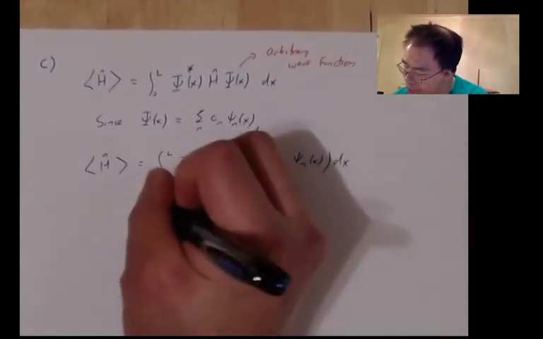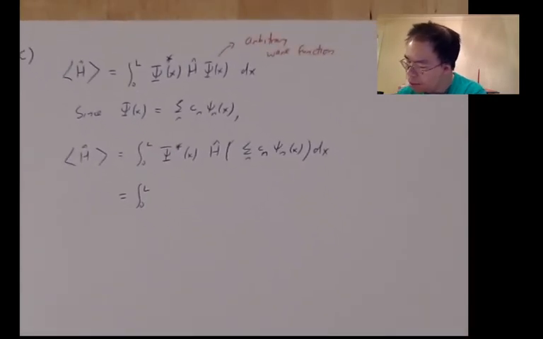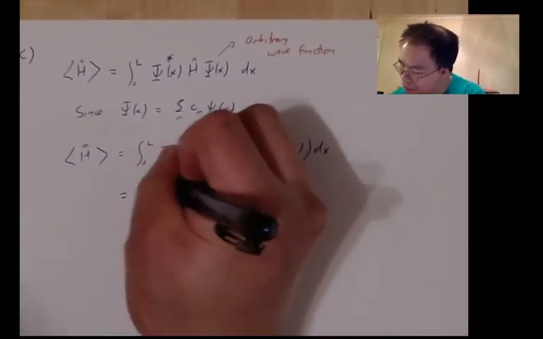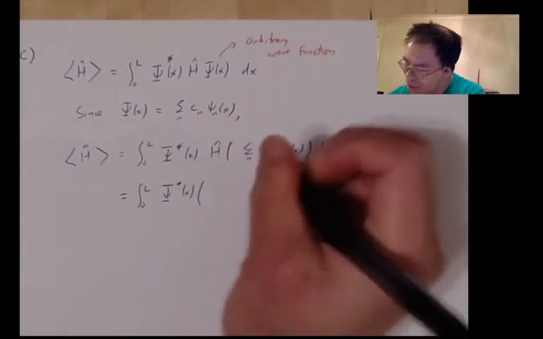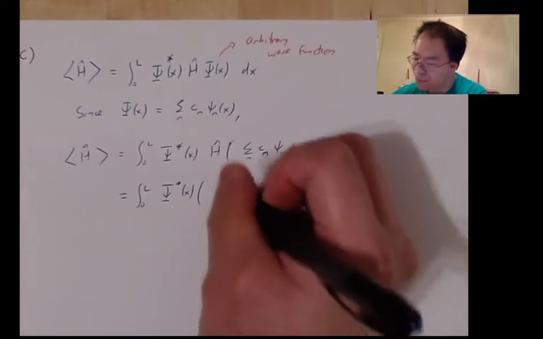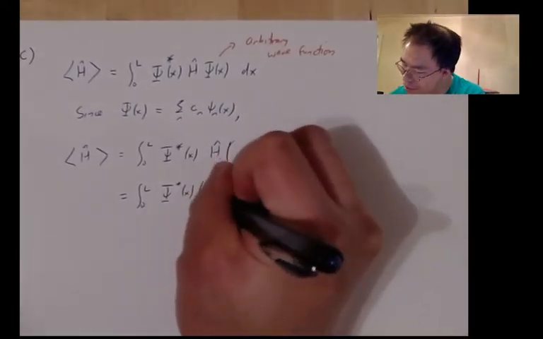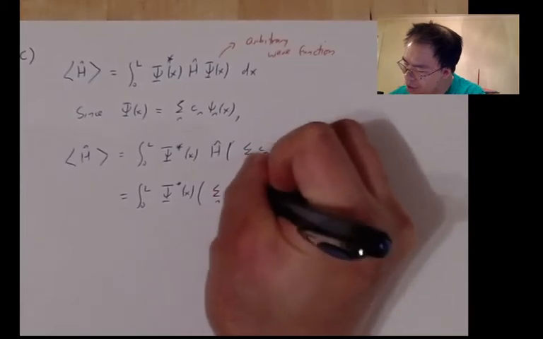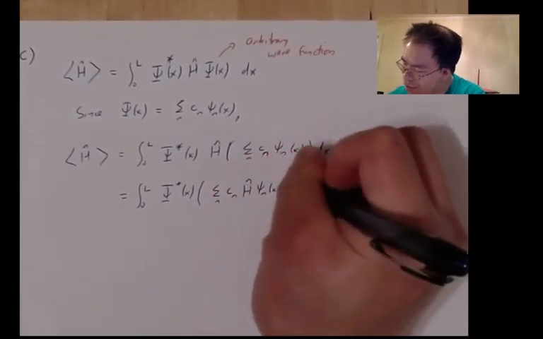So bringing in the Hamiltonian, I get psi star of x. So I'm allowed to pull out a constant, so moving the constants around, I get Cn times the Hamiltonian acting on psi n of x